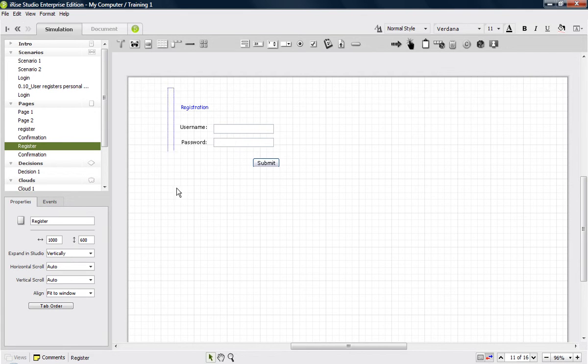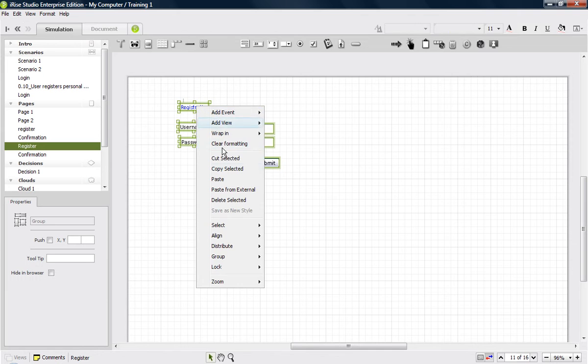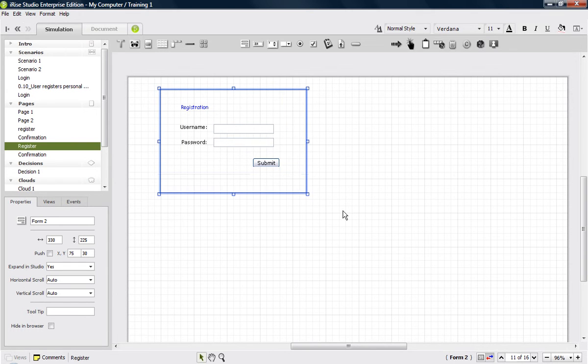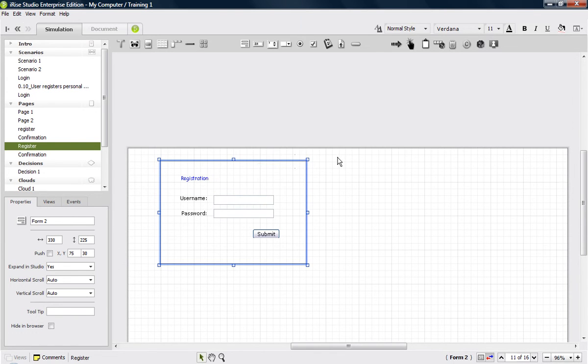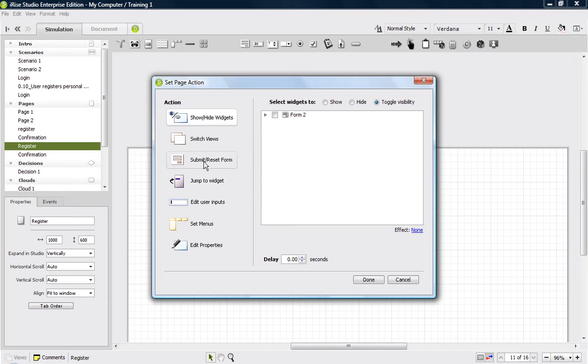For information to be passed from page to page, the page elements need to be wrapped in a form. So select all the elements, right click, choose wrap in form, and you get a form. So the next thing that you do for passing information from page to page is you have to submit the form. So the page action widget gets dragged onto the canvas. So this is a page action widget, and you choose submit form,